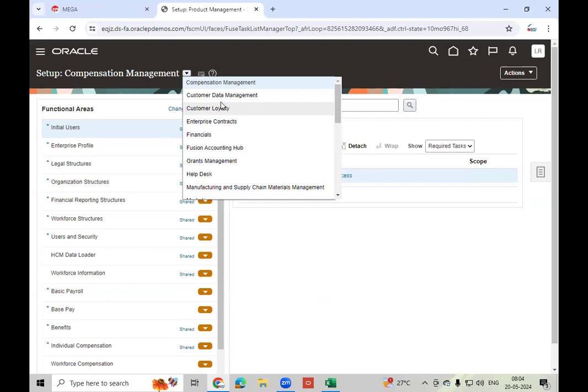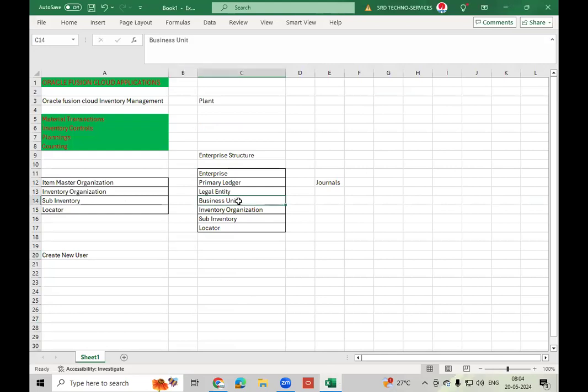Okay, now the user is created. Then I wanted to start defining the business unit. In every business organization, one business unit is mandatory. So suppose now we are implementing for an India business. So you will maintain one primary ledger for India. You will register a company in India. In the India business unit, you will start operating business operations. So to define